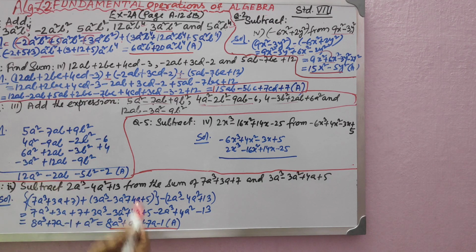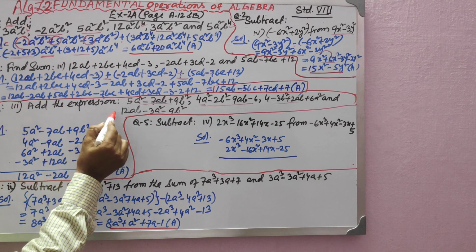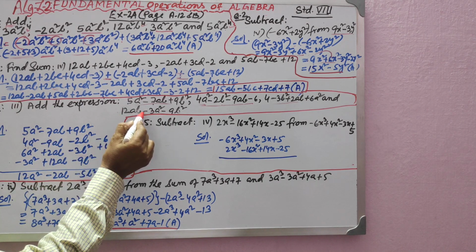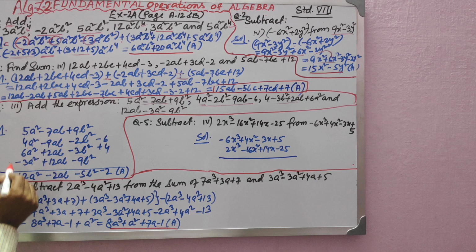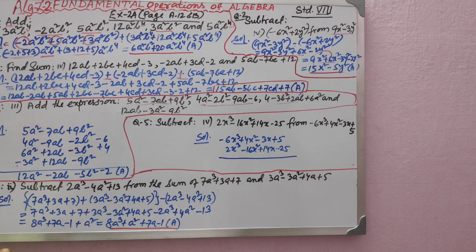This one. Now go for the fourth addend, 12ab. ab under ab, write it down with plus; here is the plus sign, mind it. Minus 3a square under a square only. See, I have written. And minus 9b square under b square only. You write properly in the column as per the like terms. Now you do the addition, there is no problem.